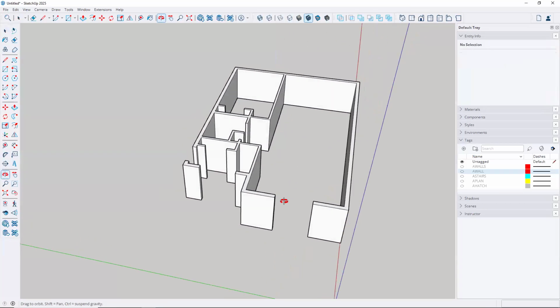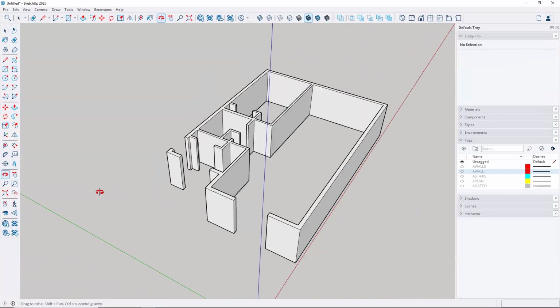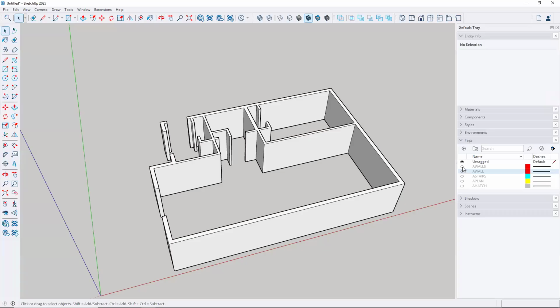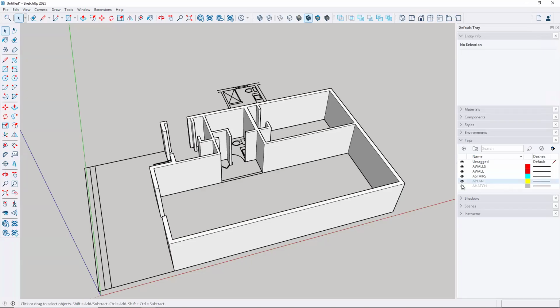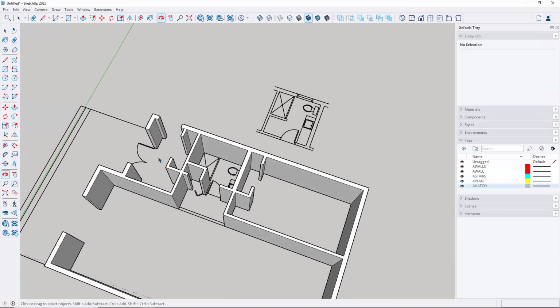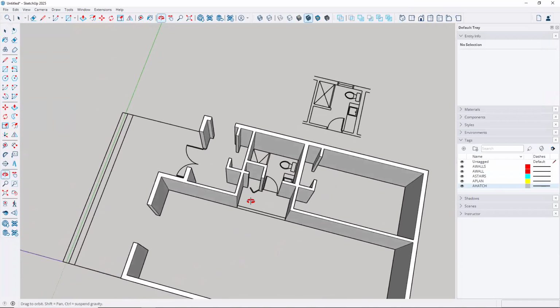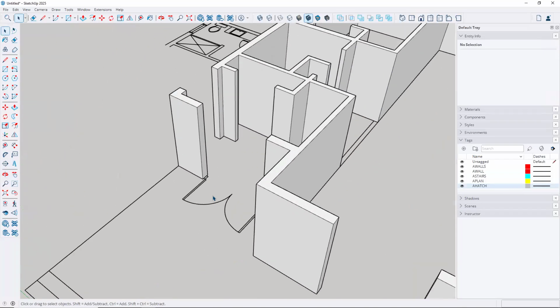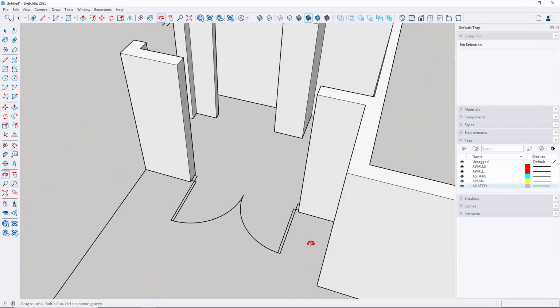Now, for my openings here, let's see, I'm going to go back to my layers / tags and turn these on to see what I've got. So remember, I have my door opening here, and then these are going to be windows. So I want to show you the door opening here, and also the doors on the inside, and then how would I show a window? So let's start with the door first, because I'm already there,